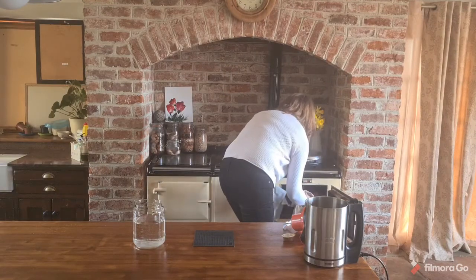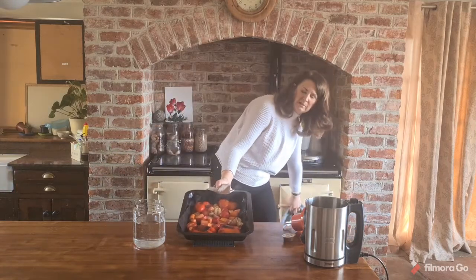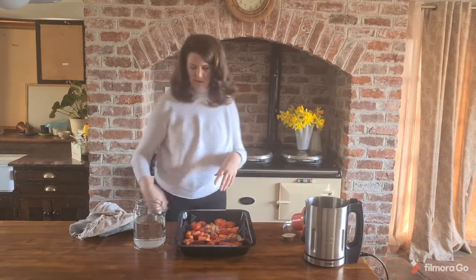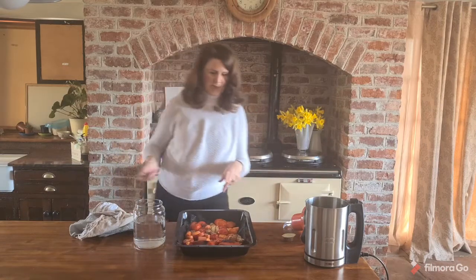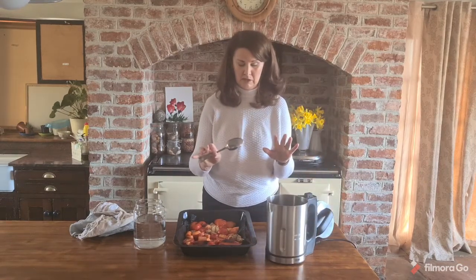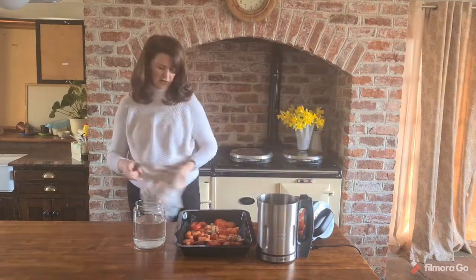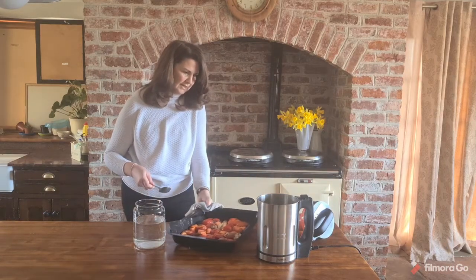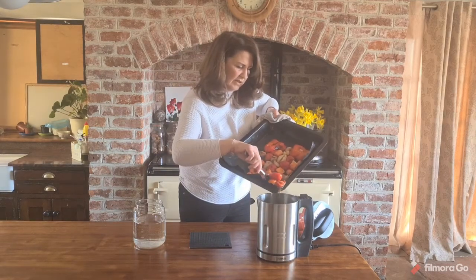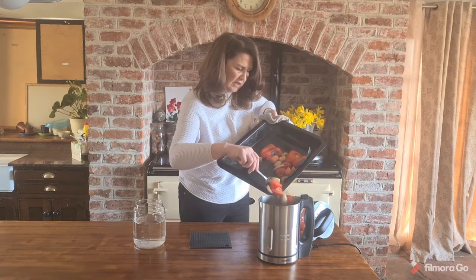So here we go, guys. That has been in the oven about 20 minutes, and you can see that the peppers are starting to nicely blacken. Now some people say that you should peel back the skin from your peppers at this stage, but the recipe I'm using today, you don't even have to bother to do that, and I am totally all about keeping it simple and easy. So you basically just pop everything in here into your soup maker. Just try and do it nice and gently so you don't burn yourself. The smell is absolutely fantastic, and it's making me wonder why I don't roast vegetables more often,